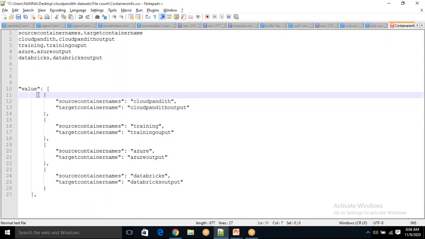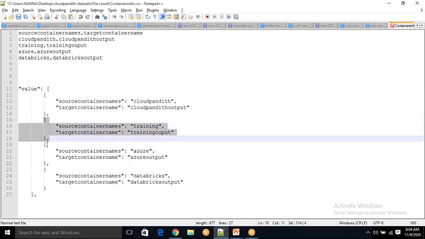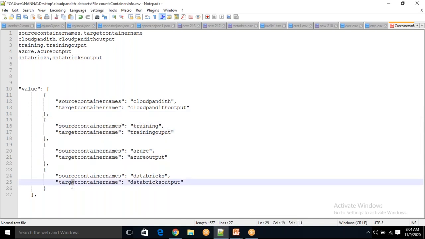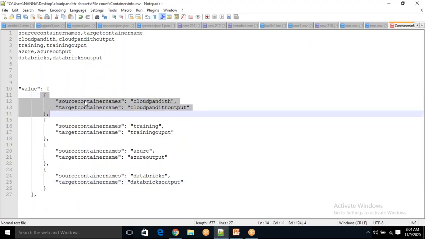Okay, the first time, for each will give only this item. Please remember, only this item it will give first. Next, it will give this, and next it will give this. Now, when for each has given this item to my get metadata activity,